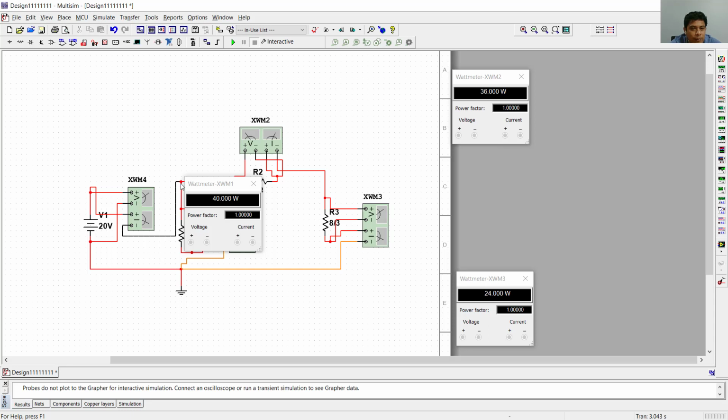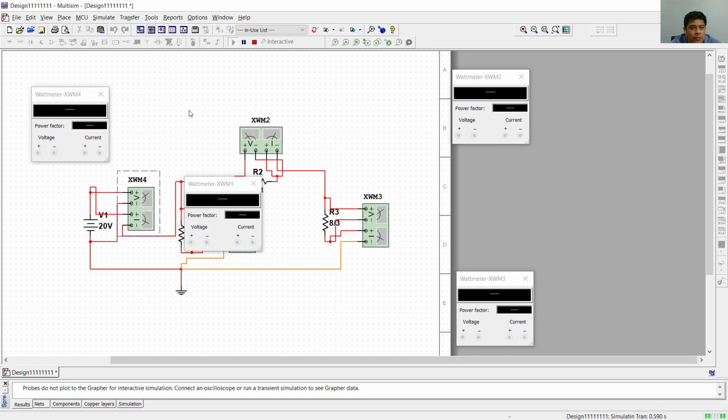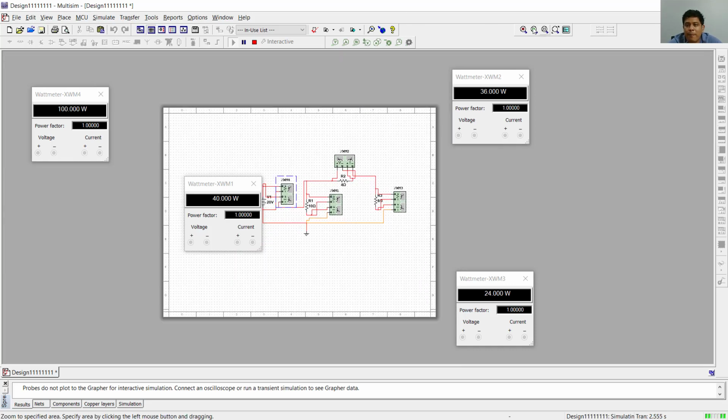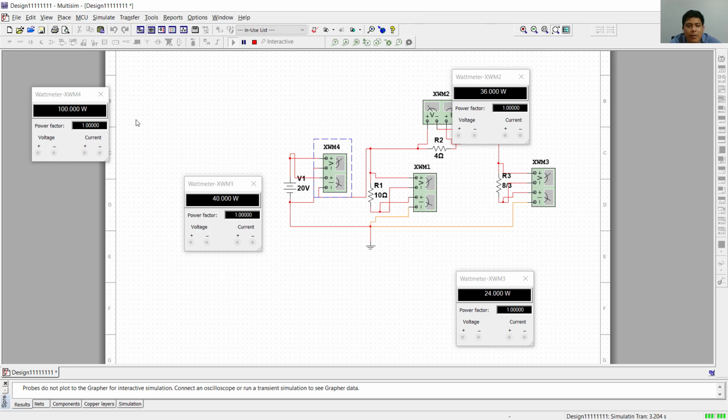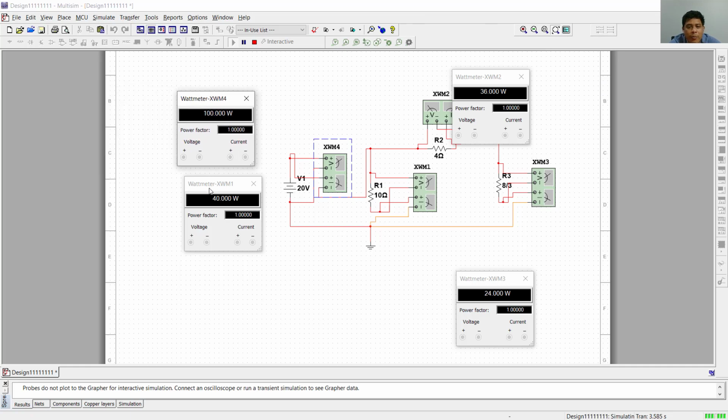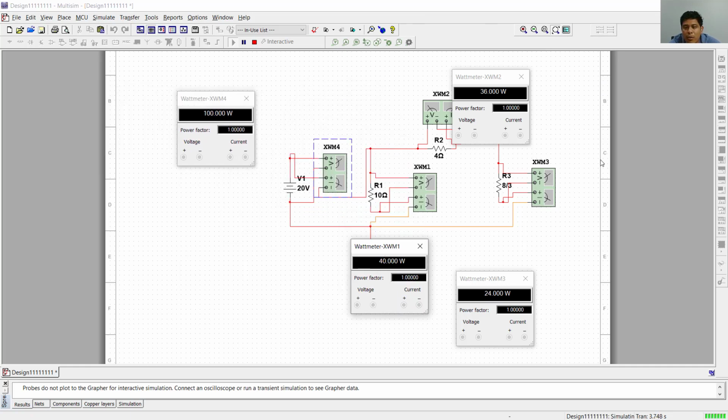This way. Okay, it's going this way, positive. Let me run. It's giving me 100. So in this case, this wattmeter here, the only way I can interpret the values,